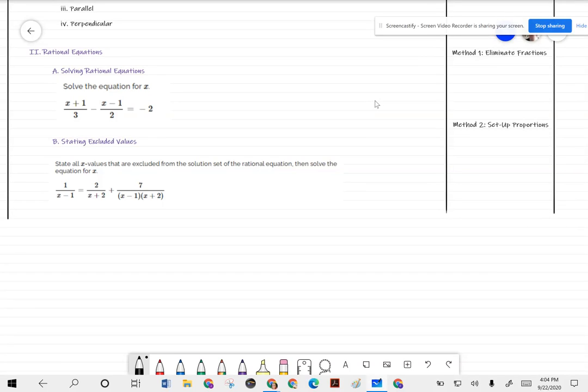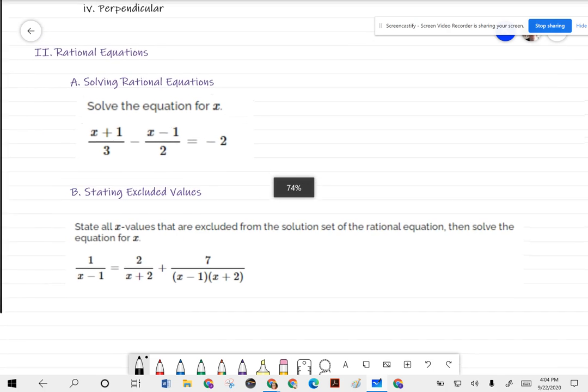All right, guys, we're going to continue our notes with Roman numeral 2, rational equations. There's a couple of different methods that you could use to solve rational equations. And what that just means is that you have an equation that involves a fraction. With that being said, let's take a look at A, and it's telling us to solve the equation